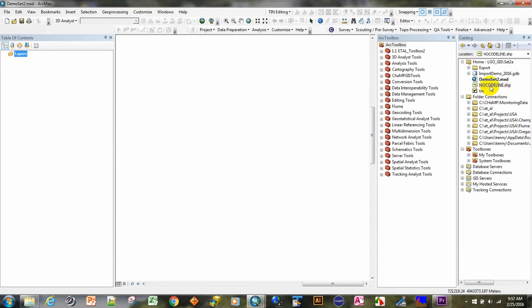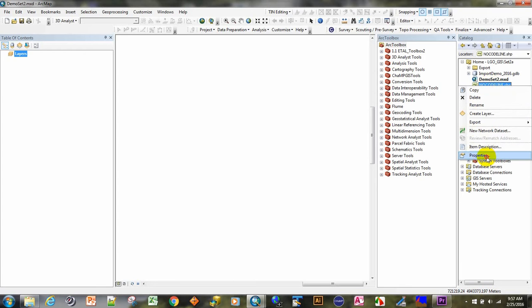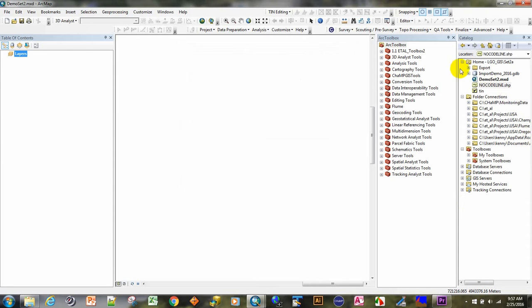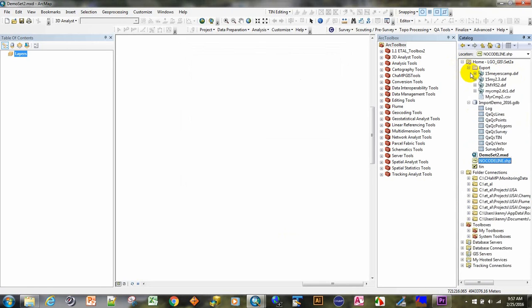When the no code line shapefile is exported from LGO, it will not have a coordinate system attached. So if you right click on it, select properties, you can set the coordinate system. In this case, it's UTM-10N. Now that's set. I've also already created the geodatabase, and in here is our Myers Camp 2 CSV that we've already edited the fields on. So let's go ahead and bring in the Myers Camp 2